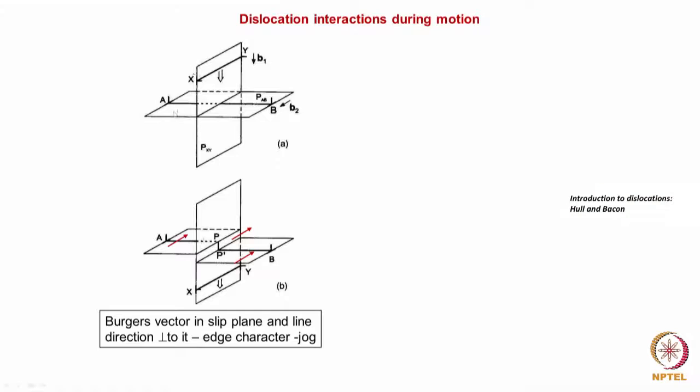Let us look at it. Here we have one dislocation. Here we have considered the case where the slip lines are perpendicular to each other. There is one dislocation here with a Burgers vector in this direction. In this perpendicular slip line, there is a dislocation with a Burgers vector in this direction. When these two dislocations pass through each other, this dislocation has a Burgers vector in this direction. As it cuts through, it will create a stub. So this is the one atomic stub which will be created, equivalent to the Burgers vector,